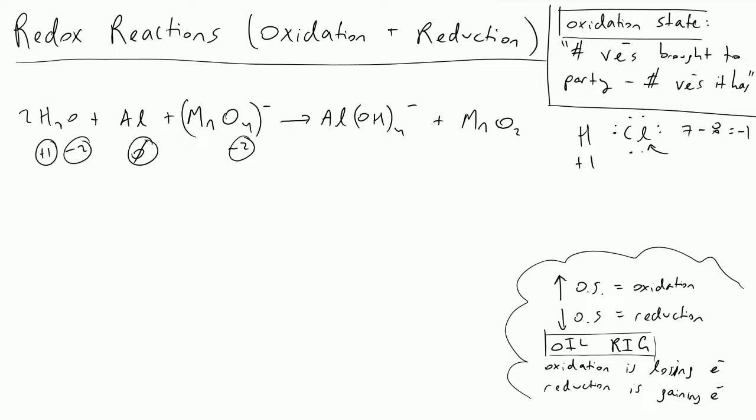So to get that -1, the manganese atom must have an oxidation state of +7. Okay, and so this is a little bit tricky in here, and I do recommend that you go through it yourself. Moving on though, what we'll find is that within the aluminum hydroxide